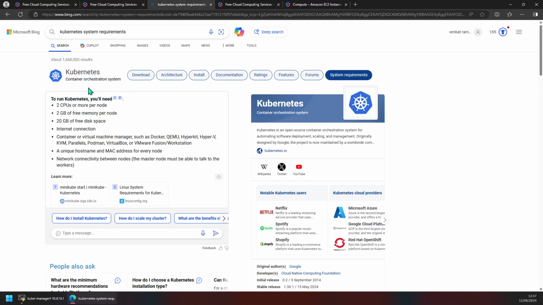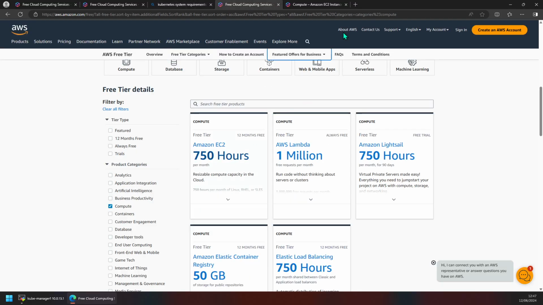So do remember that Kubernetes comes with a default recommendation that you need to have 2 CPUs and 2 GB of RAM per node with 20 GB of free disk space. Disk space is not a big deal right now, but the 2 CPUs and 2 GB is an issue for us, because when you look at the 750 hours free,